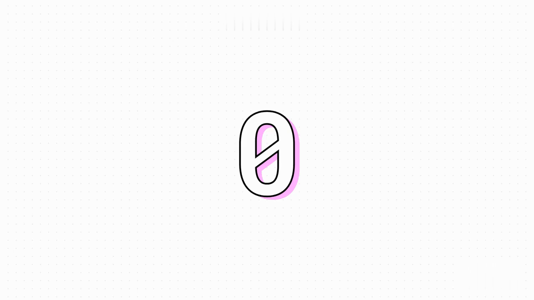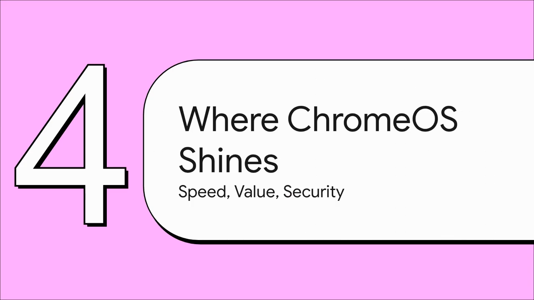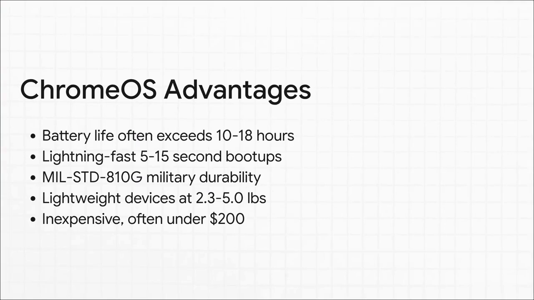That is huge. Section 4, where chromeOS shines. We know it is a wildly secure platform, but let's transition into an objective breakdown of the practical, everyday hardware and lifestyle benefits. Because it leans so heavily on the cloud rather than heavy local processing, chromeOS doesn't need hot, power-hungry internal components. This means battery life routinely exceeds 10 to 18 hours on a single charge. Boot-ups take a lightning-fast 5 to 15 seconds. Without heavy internal hard drives or massive cooling fans, these devices are incredibly lightweight, often just 2 to 5 pounds,